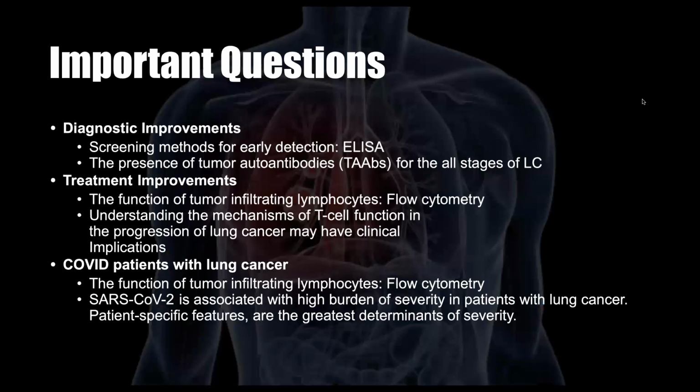One big open question in the area of diagnostics is how we can catch this earlier, because the sooner lung cancer is caught, the sooner treatment can begin and the higher the chance of survival. A possible target includes looking at specific markers of lung cancer, such as tumor-associated autoantibodies, which are antibodies that attack self cells, and also looking for PD-L1 ligand on the surface of tumor cells. Using such markers could lead to highly improved diagnosis, and therefore it's important to continue to look for more autoantibodies and other biomarkers that may be specific to each person. And this can be done using detection assays like a sandwich ELISA.